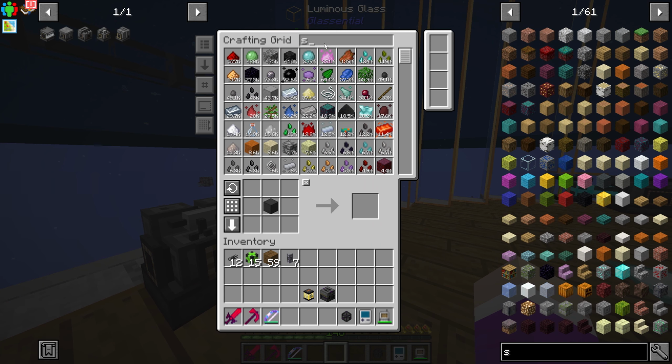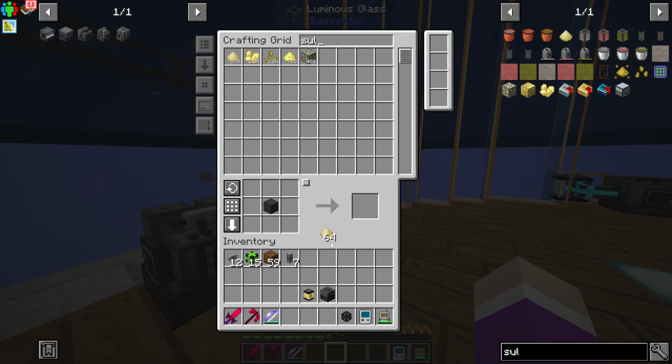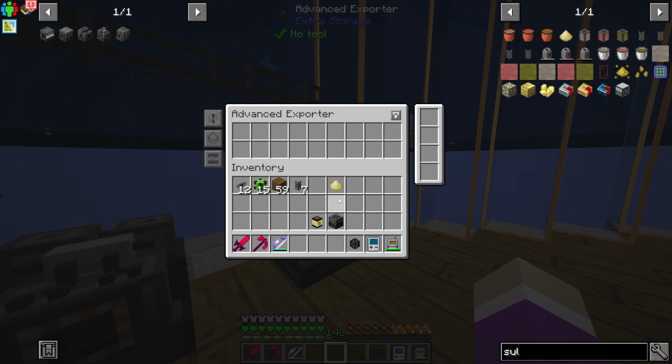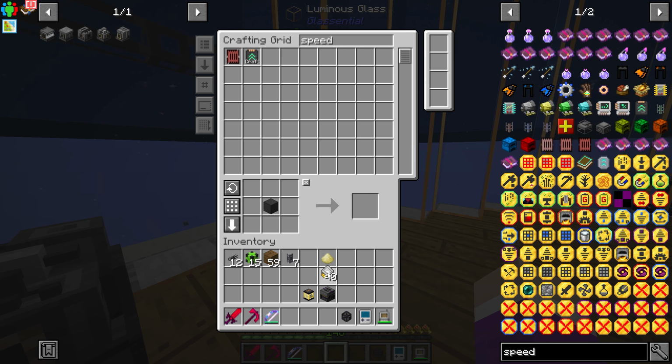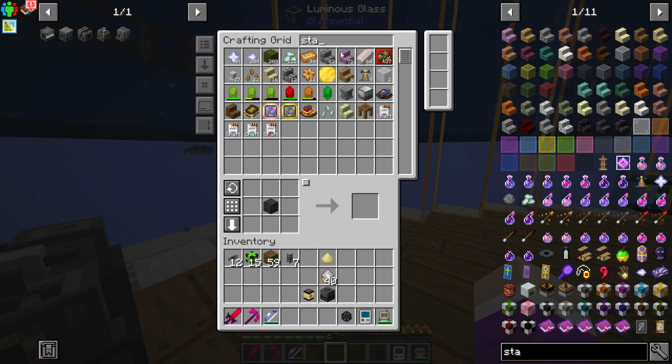And then we just need sulfur. So, sulfur dust. There we go. And I'm gonna put this in here. And I'm just gonna grab myself some speed upgrades. And some stack upgrades. Because we're probably gonna need a lot of this, depending on how fast I make this